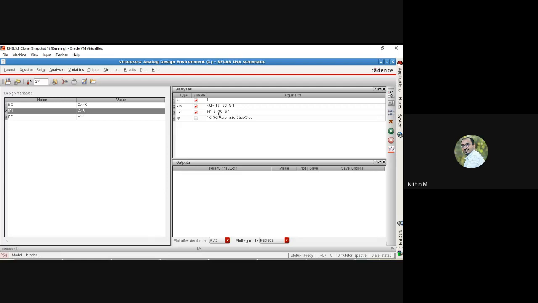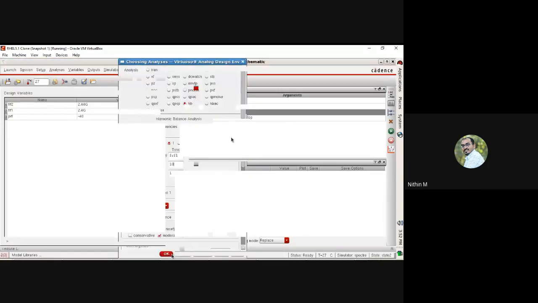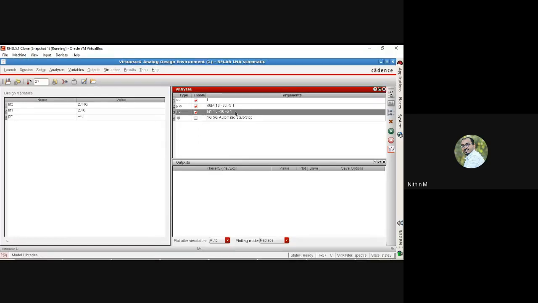With that we can actually study. So I'll click on this harmonic balance analysis. Here I kept the input as only one tone, the frequency FRF1. I am looking at maybe up to 10 harmonics. The other settings I am keeping as default. So the analysis I'll be looking at is a harmonic balance analysis. Now I'll run the simulation. There are other analyses kept; SP is not enabled, PSS is enabled. It may take some time.